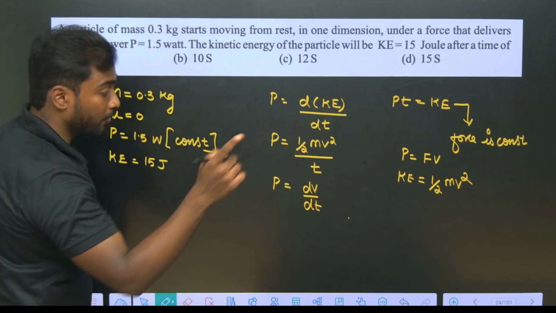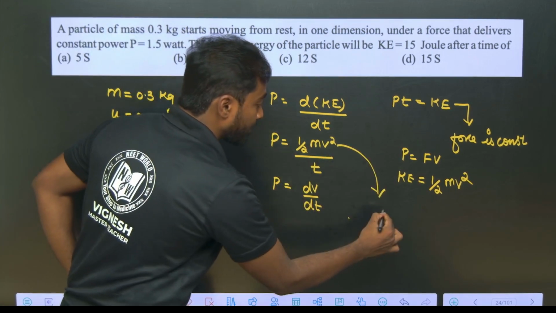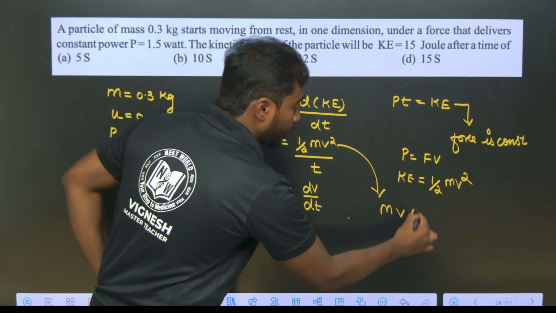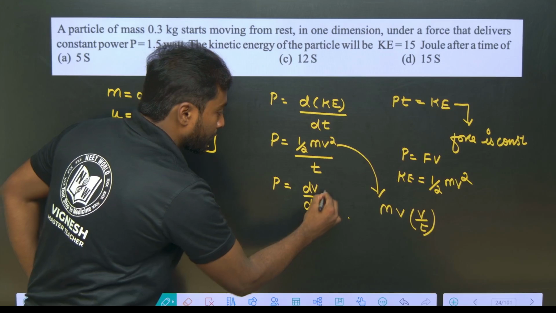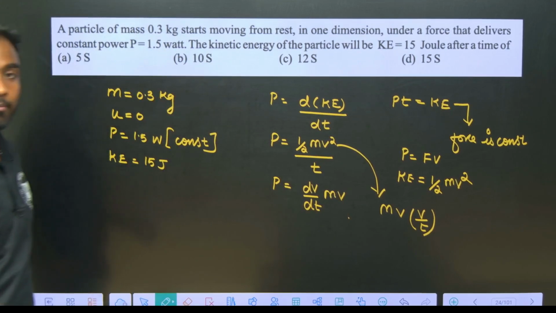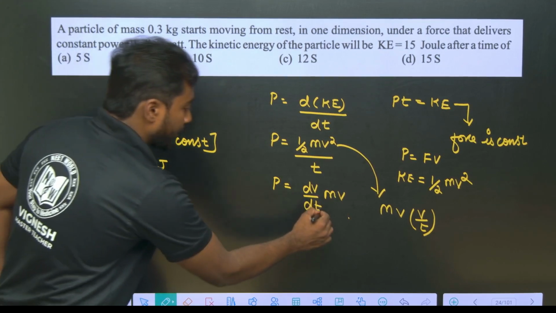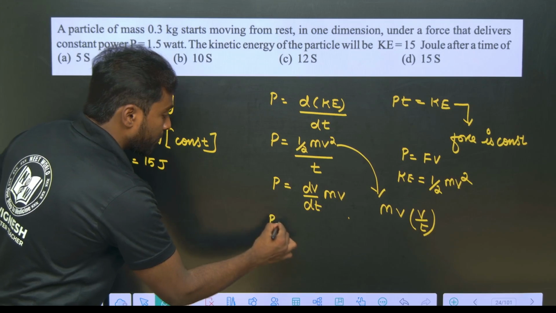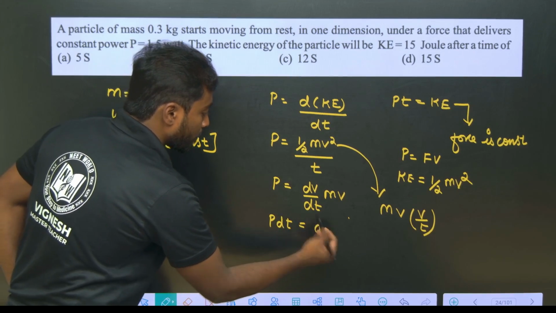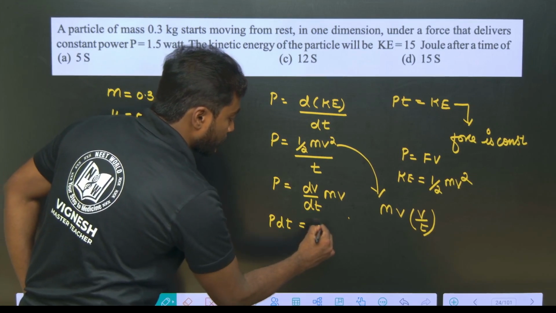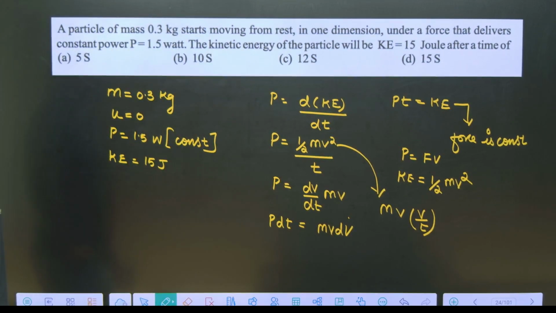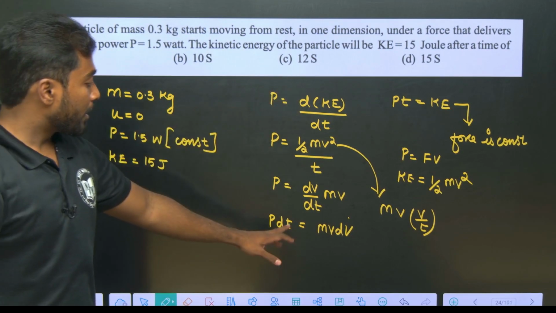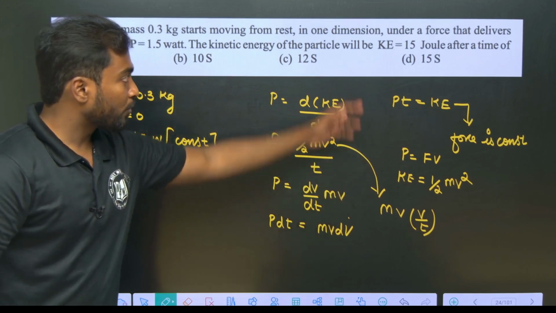One thing I can take from the previous formula: I have written the formula like this, mass into velocity by time. So dv by dt I have taken here, and mass into velocity I will take. Now take this dt to the other side. P into dt is equal to mass into velocity into dv. Now if you see, it is changing with time and velocity is also changing,